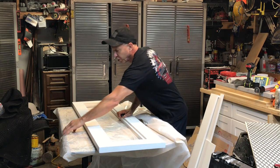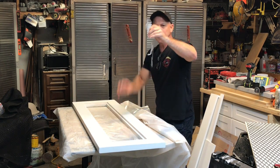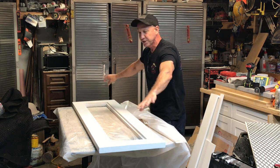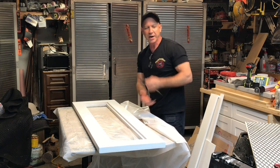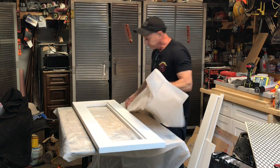Now, if you look here, I've done a lot of different pours on this, and the epoxy will just peel right off of your visqueen. That's why it's great to lay this down when you pour your epoxy, because you can just take it right off once it dries. I'm going to take and run visqueen